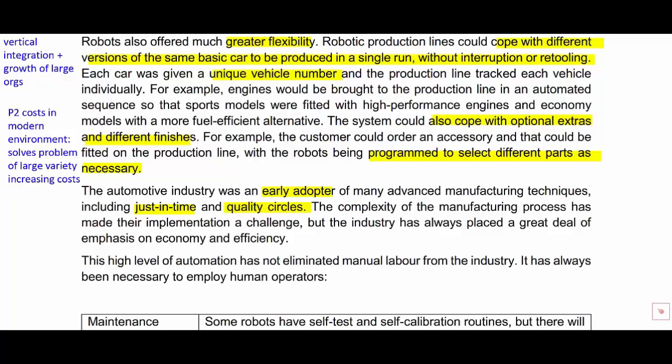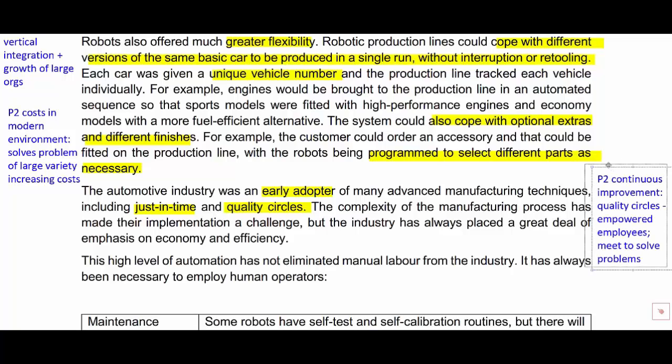In fact, Aurora, we are told specifically, adheres to the just-in-time philosophy, and we'll talk about what that entails when we come to Aurora. You think about again your P2 studies, and continuous improvement being a big feature of the